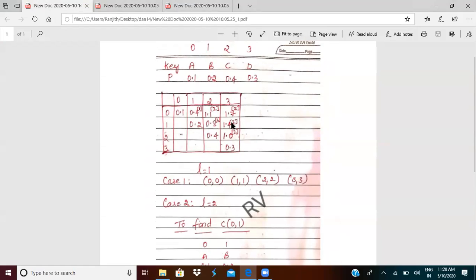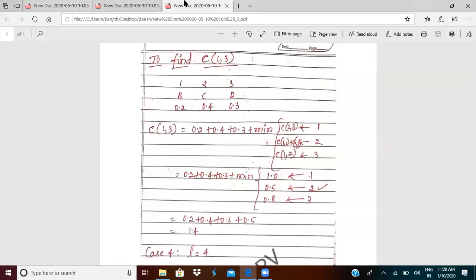So I need to find out how I got 1.4. For C of 1 comma 3, I have to take 1, 2, 3, so B, C, D, with probabilities as given in the question. I'll sum up these values: 0.2 plus 0.4 plus 0.3 plus the minimum of, if I close this 1, I'll get C of 2 comma 3. If I close this 2, I get C of 1 comma 1 plus C of 3 comma 3. Am I clear with this step? It is the same as the previous step. Am I clear? Yes, sir. Okay.